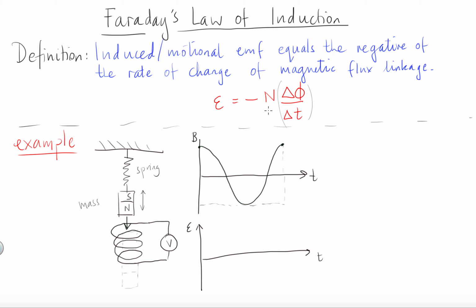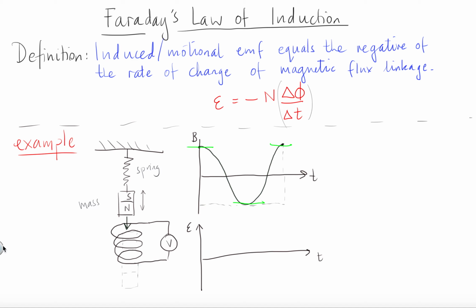Now, Faraday's law of induction tells us that the induced EMF is the negative of the rate of change of magnetic flux density. Because we have a changing magnetic field, we have a changing magnetic flux and therefore an induced EMF. But the rate of change of magnetic flux is another way of saying the gradient of this curve here. So if I put a tangent, if I put a ruler to the curve at a few places,